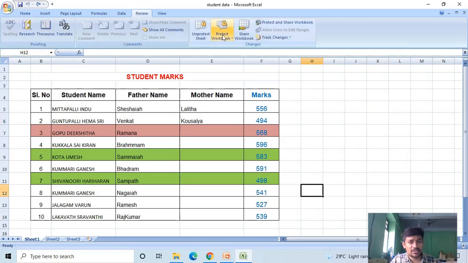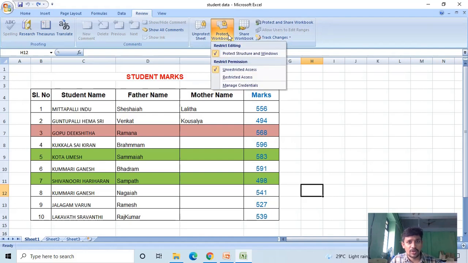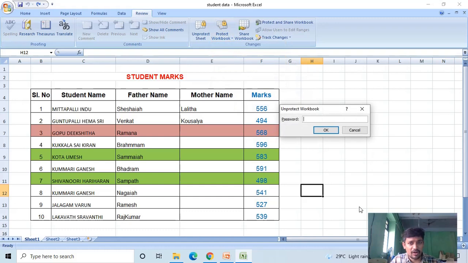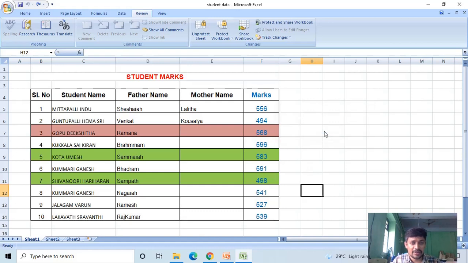To unprotect the workbook, click on Protect Workbook and click on Protect Structure. It will ask for the password. Enter the password which you gave earlier. Click on the OK button. Then it unprotects the workbook.